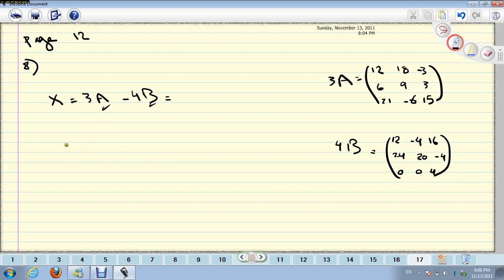Now I'm going to get matrix X. I'm going to subtract these two matrices. Minus. The answer will be 0, 22, -19. And here is 7, 11, -11, -6, -18, and here is 21. Okay,